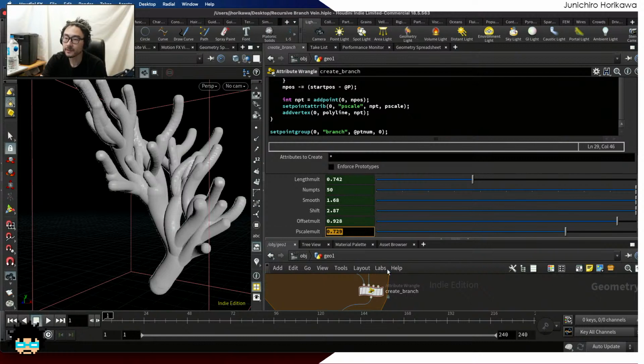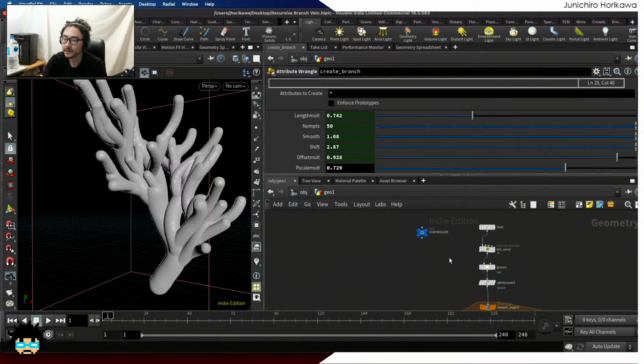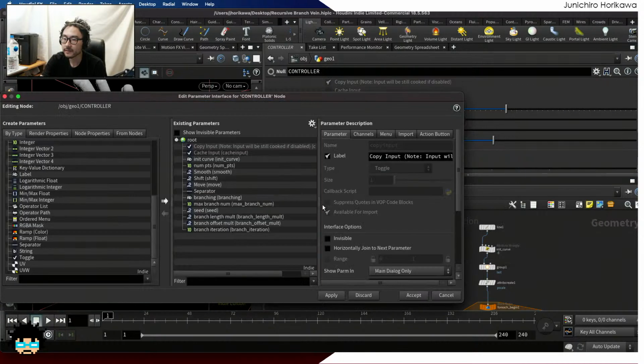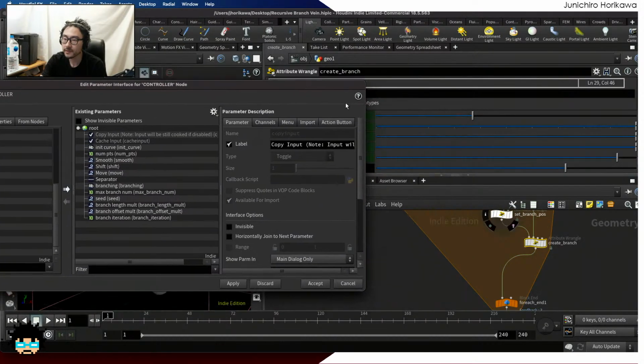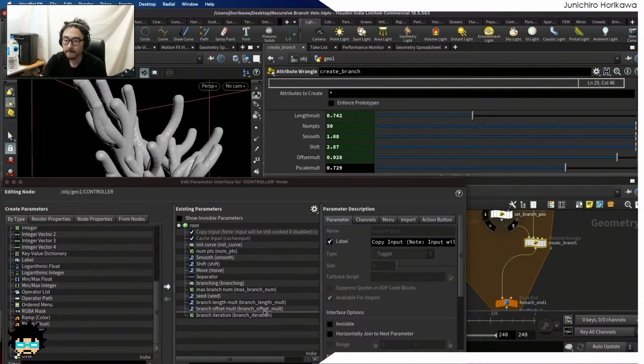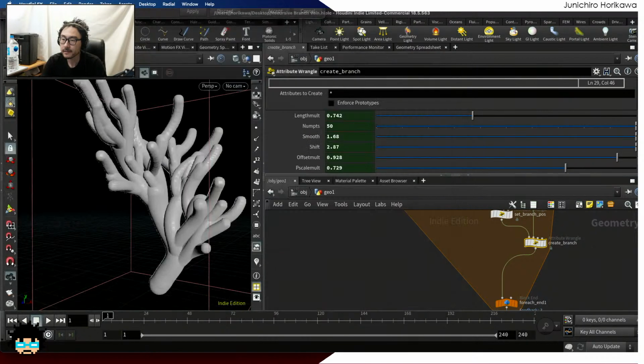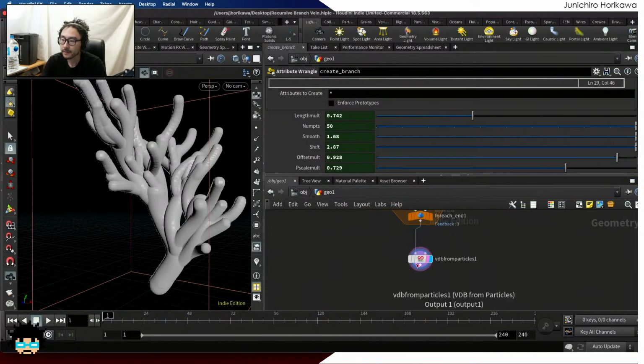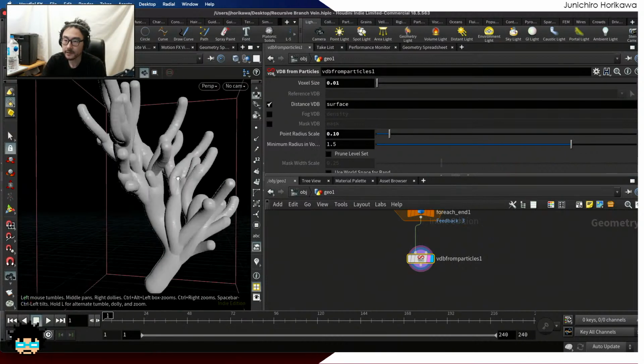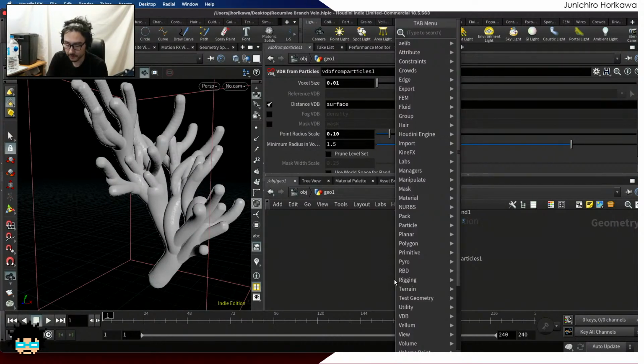Okay, let's have this promoted to parameter list again. Going back. Drag and drop this P scale multiplier. Alright. Okay. Now after I have created the VDB like these, if you want I can also smoothen out a little